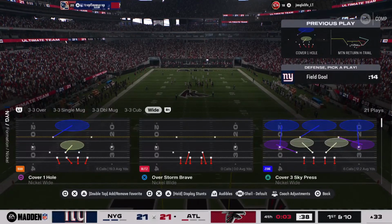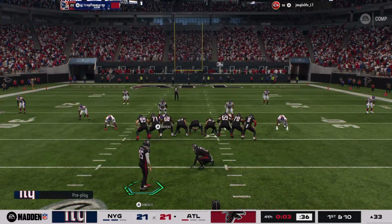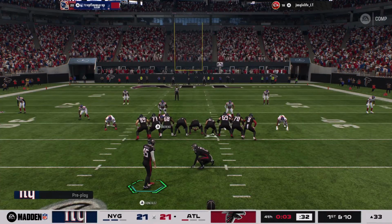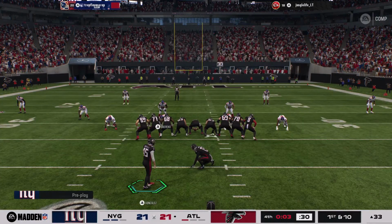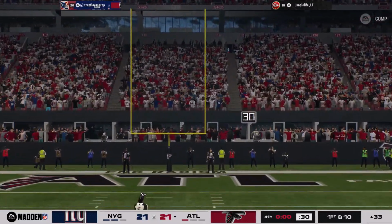I felt that one all the way up here. How about that big man laying out? Got to make this. Make this. You got to believe. I'm going to have to see this. Believe it. Let's go. Make it or miss. Make it or miss. Make it or miss. And he